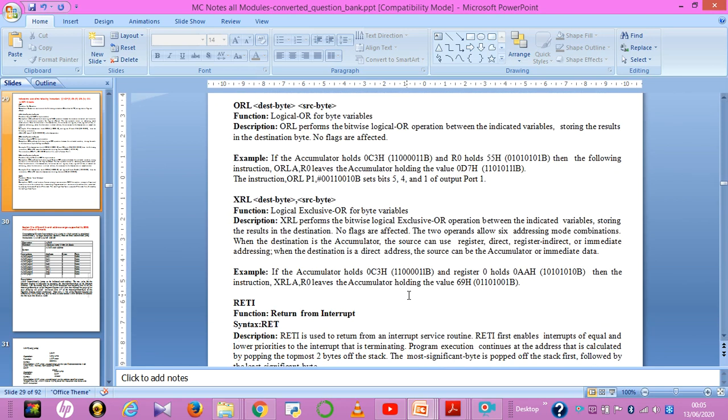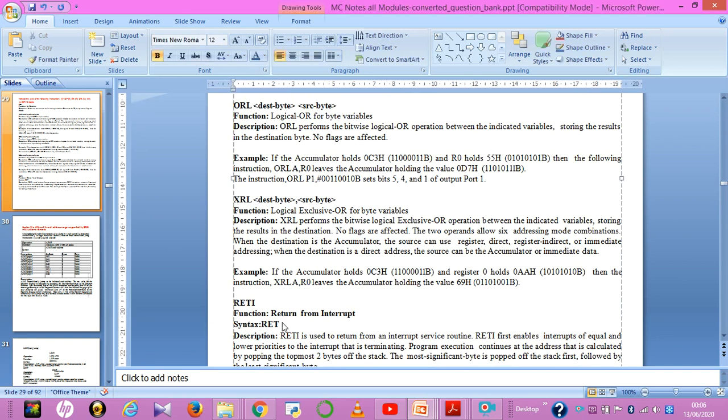Finally, RETI, it is return from the interrupt. RETI is the end of the instruction in the interrupt. It indicates your interrupt service is completed. You have to start the normal execution for the 8051.